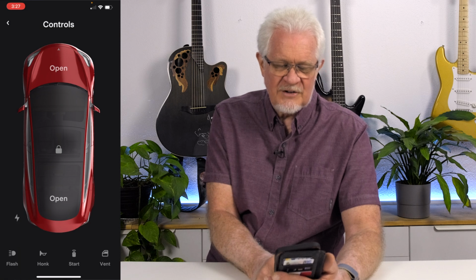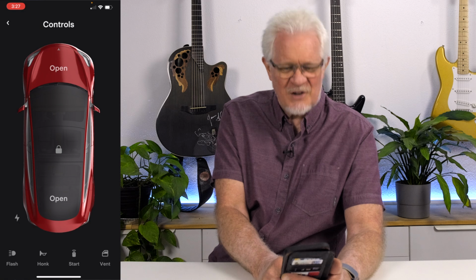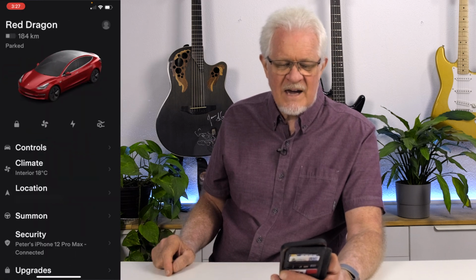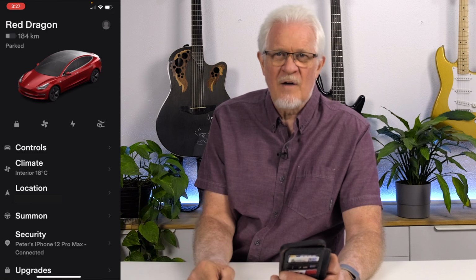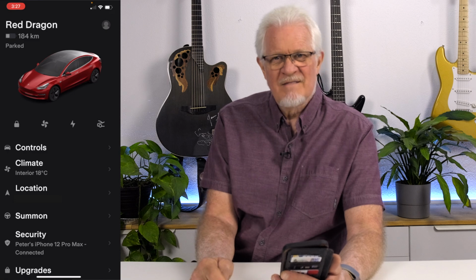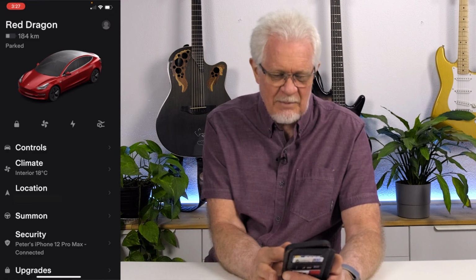If you're in a dark, deserted parking lot, and you'd like to see exactly where you left your car, that's a useful little icon. We get back again. Location, well, I've blurred it out for obvious reasons, but I think in many of my previous videos, I've actually revealed it, so it's probably not a surprise to most people. But click on location,